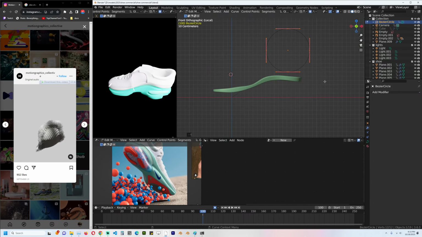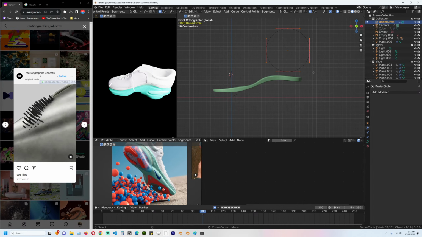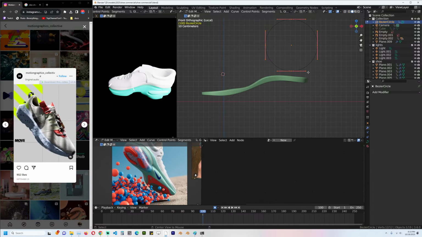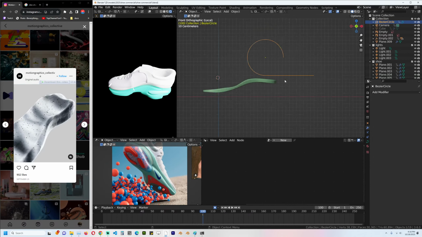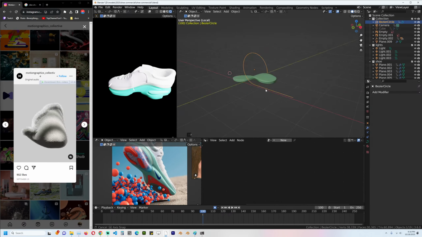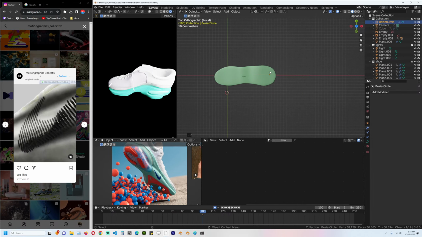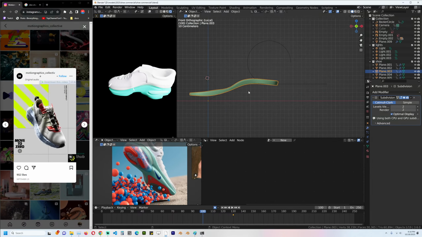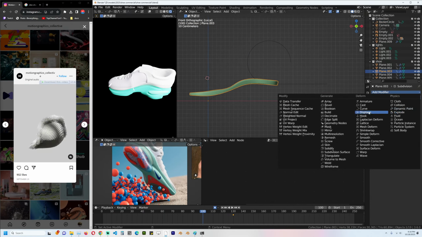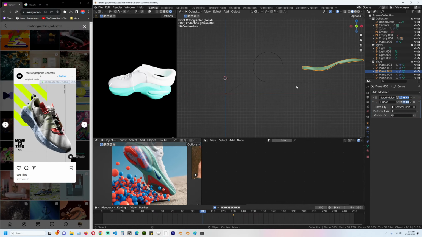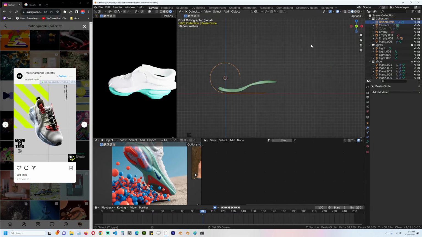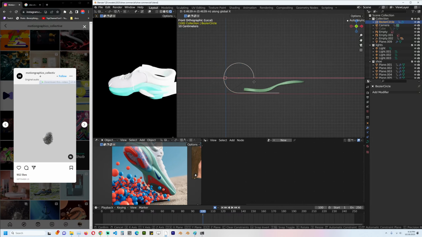Should be aligned. Delete segment. Let me see if I have this deformed with this. So if I use a curve, can I just